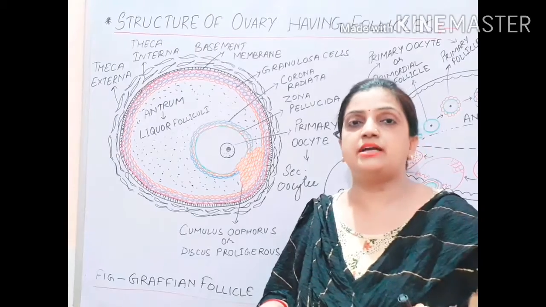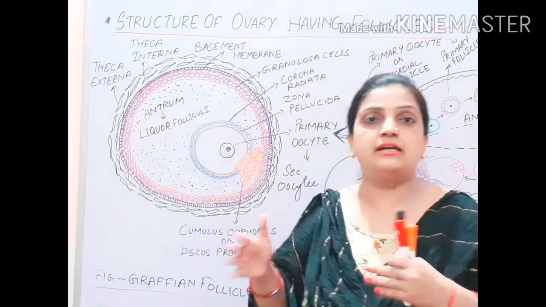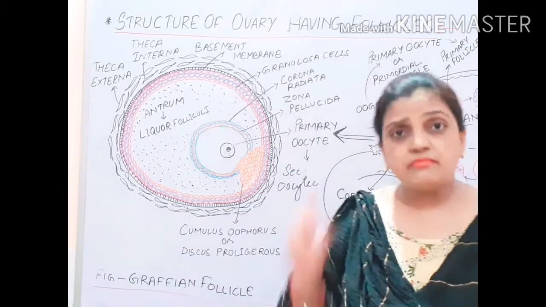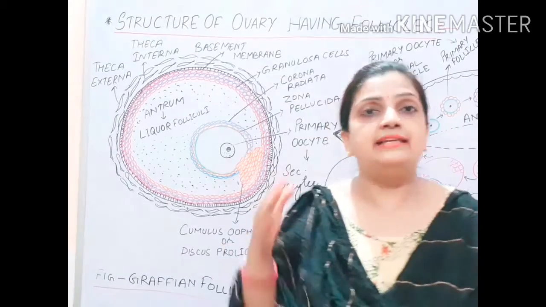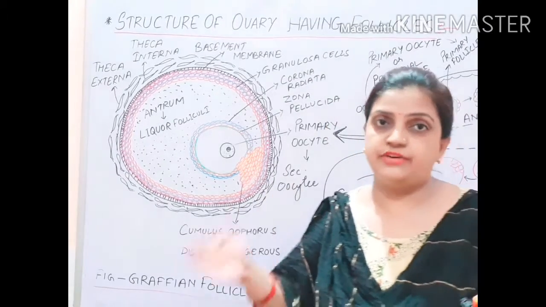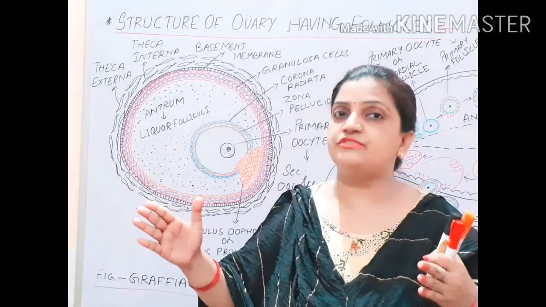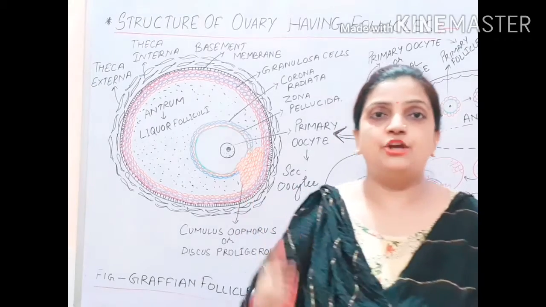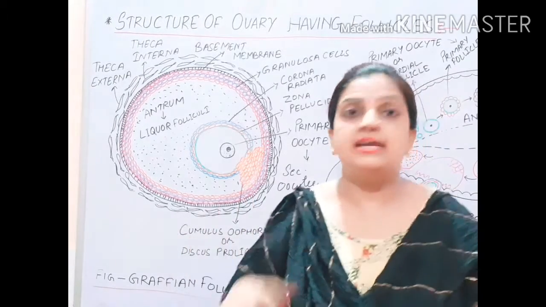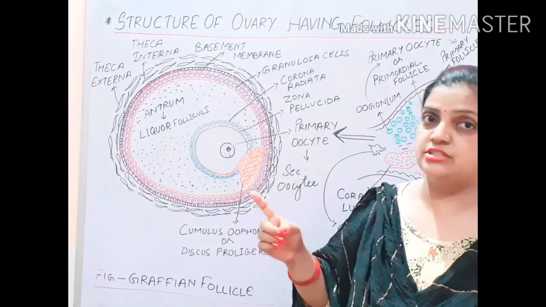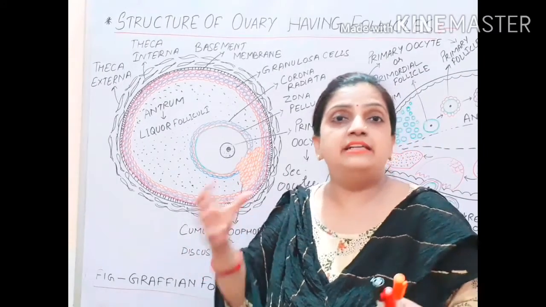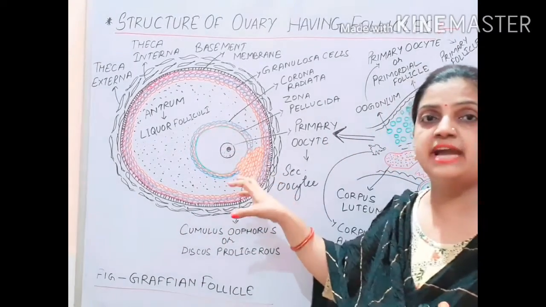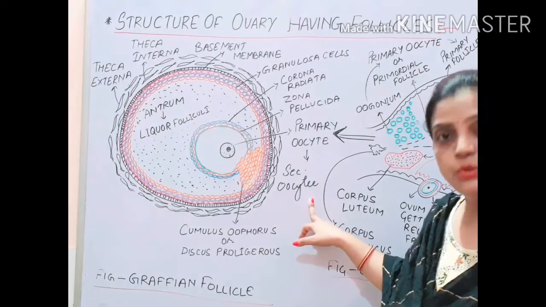and after attaining puberty, this primary oocyte is converted into primary follicle structure. This primary follicle structure, now secondary and tertiary, after they complete, they enter into the meiosis first stage. It was arrested in the leptotene stage, and then after entering meiosis first, it completes the rest of the meiosis first process, like all the processes of prophase first, then metaphase, then anaphase and telophase, and it enters into meiosis second. And when it enters into meiosis second, the structure of the primary oocyte changes into secondary oocyte.